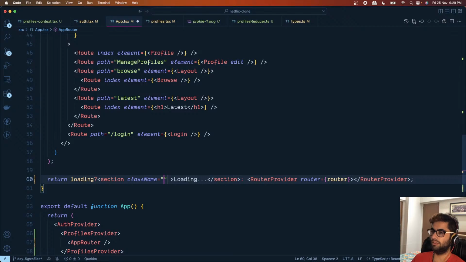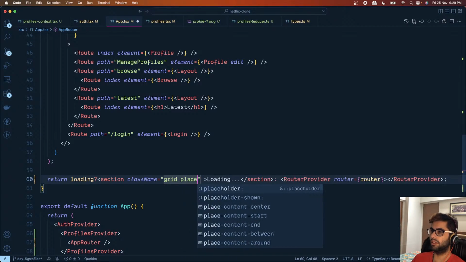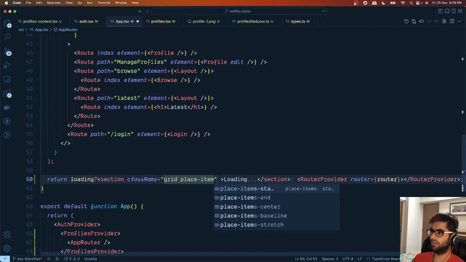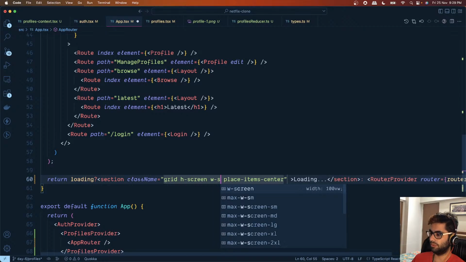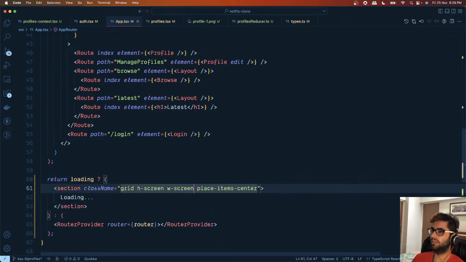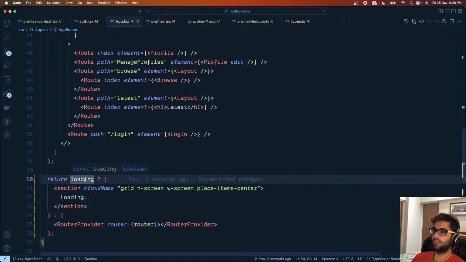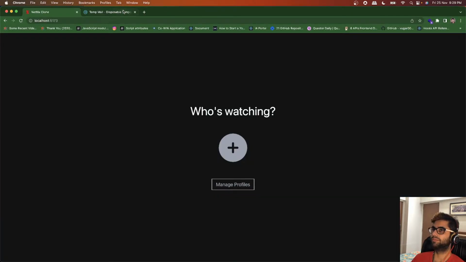Let's give this a class, let's say grid, place items in the center, and let's give a height which is equal to the screen, and a width which is also equal to the screen. All right,